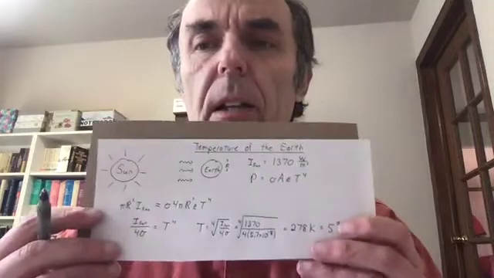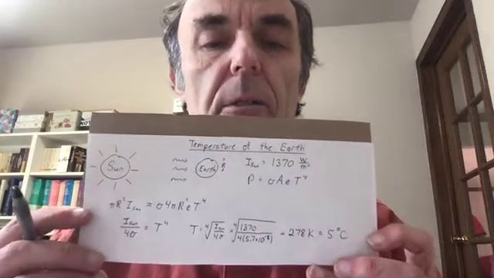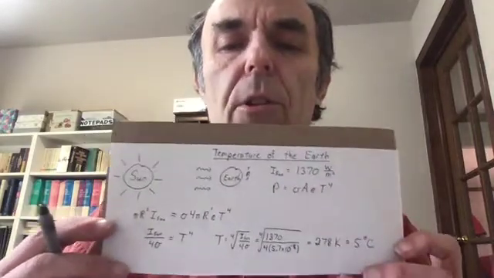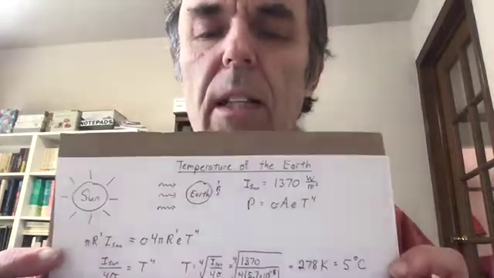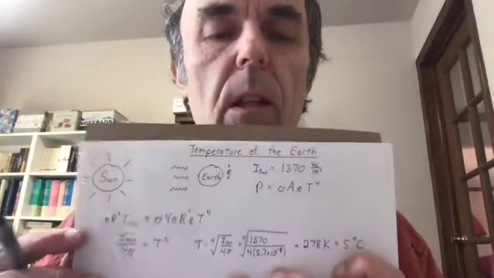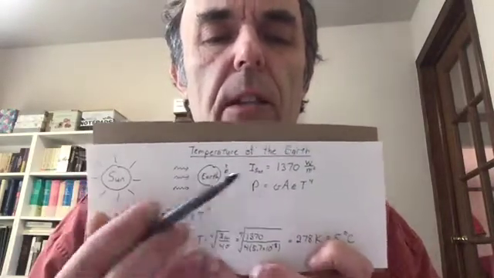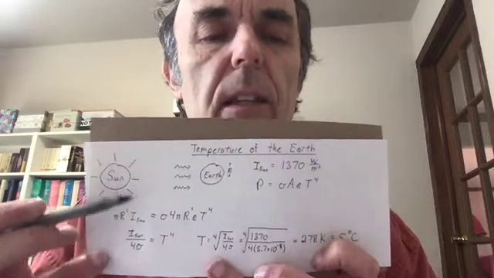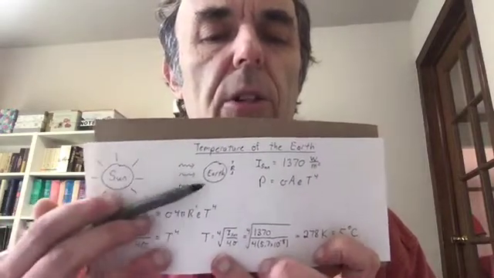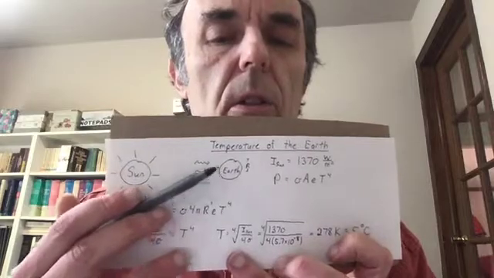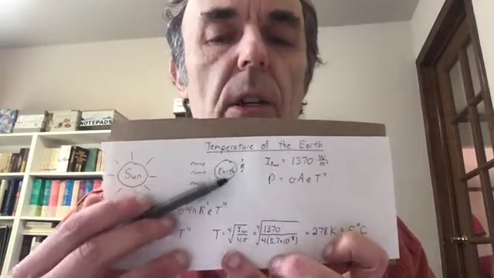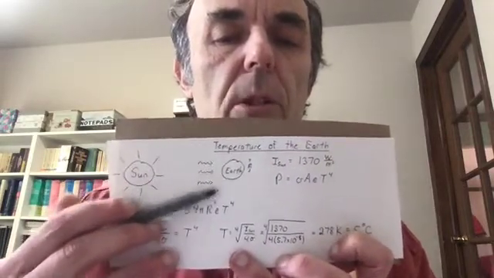Final example I want to talk about is trying to estimate or predict the temperature of the Earth. Have you ever wondered why the Earth has the temperature it does? Well, again, you have an equilibrium process. You have the sun producing a lot of light, a lot of energy, and that energy goes out into space. And here's the cold Earth with no energy source of its own, but it's sitting in sunlight, which warms it.